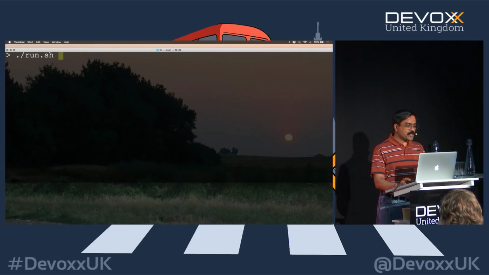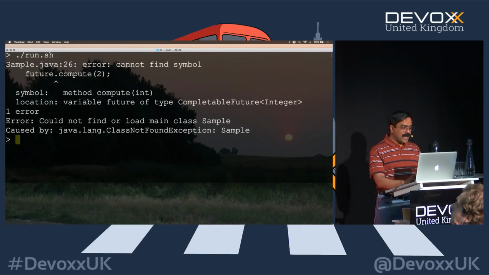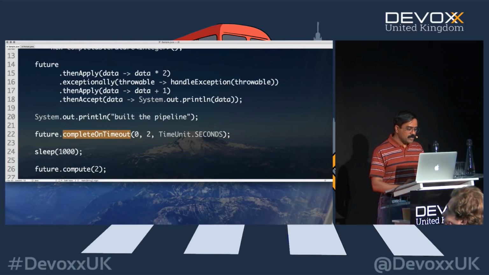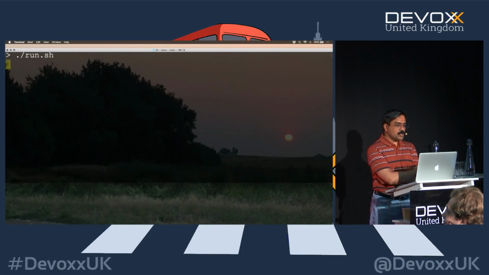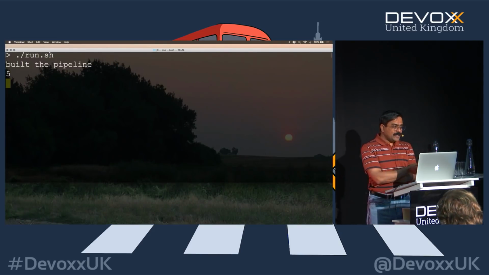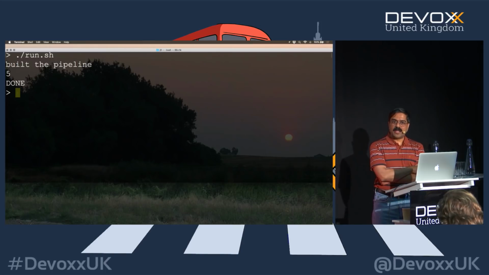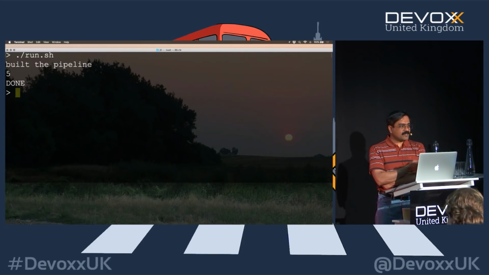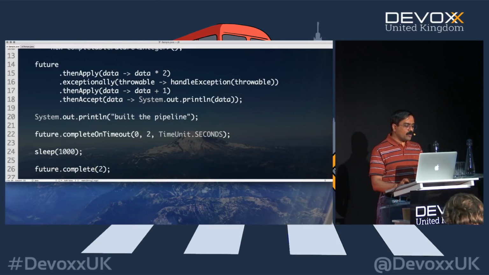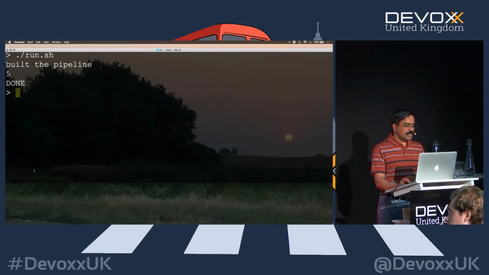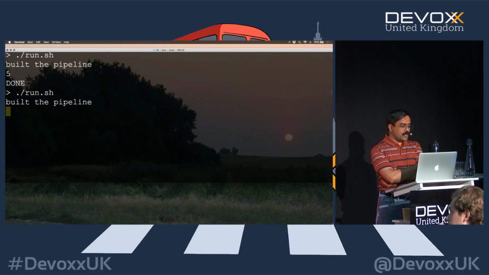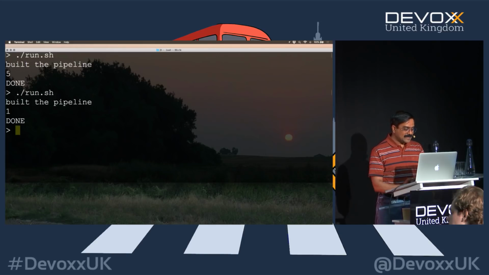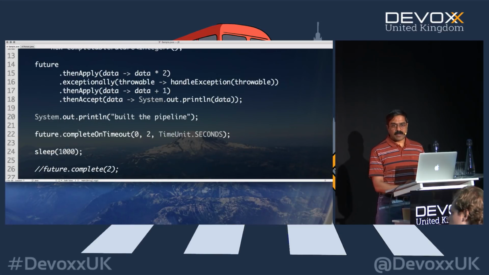So if I run this code now, we're passing a 2 at the end of the time. Oops, complete, not compute. So this is complete. As a result, if you notice over here, when the 1 second is over, we got a 5 as a value, not the -1. But of course, if this does not complete in that duration of time, then we get a 1 as an output. So that's basically where it steps in if it did not really finish.